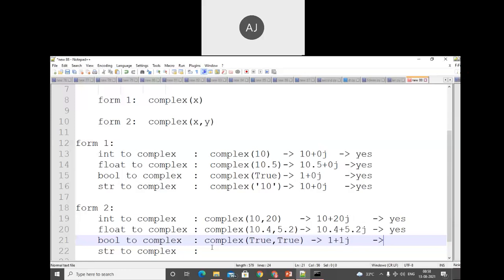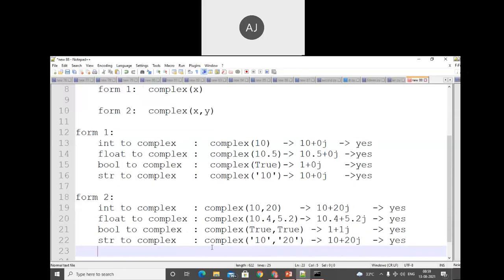When we pass boolean values, it also converts easily. But in complex, I will show you two different things. When we pass the complex number two times, separated by a comma, here I will pass 10 and here I will pass 20. Then it is easily converted. We get the value 10 plus 20j. So yes, we can easily convert.